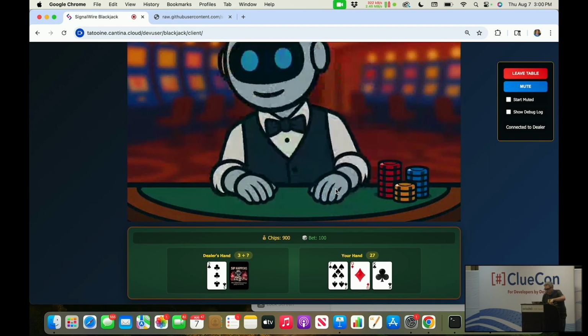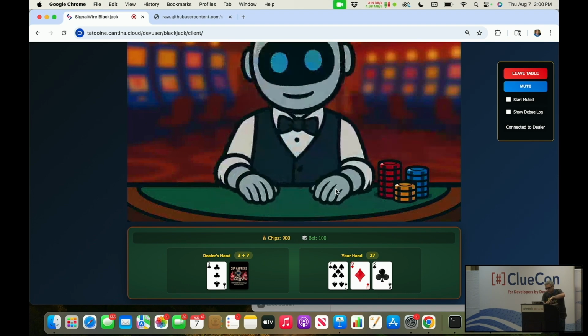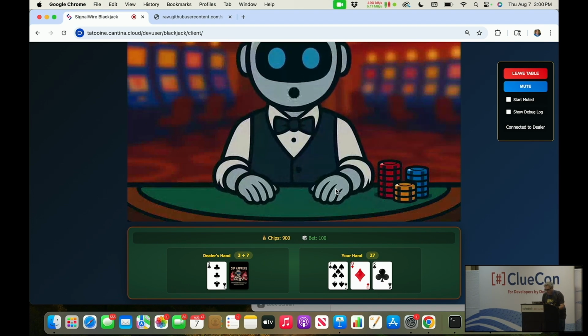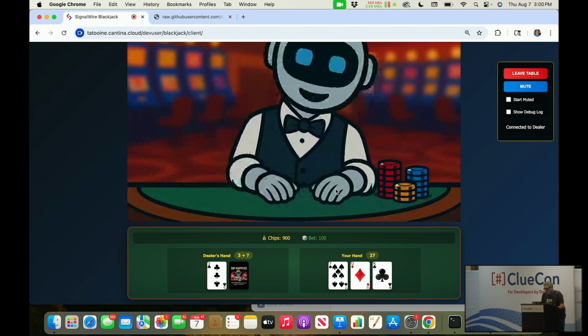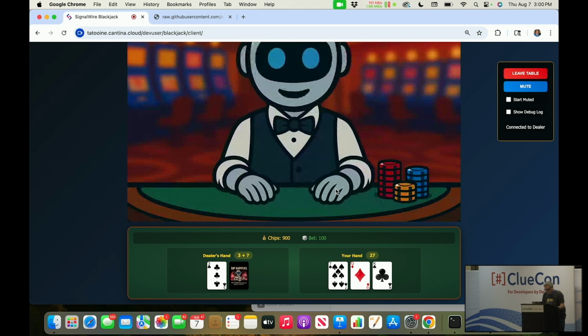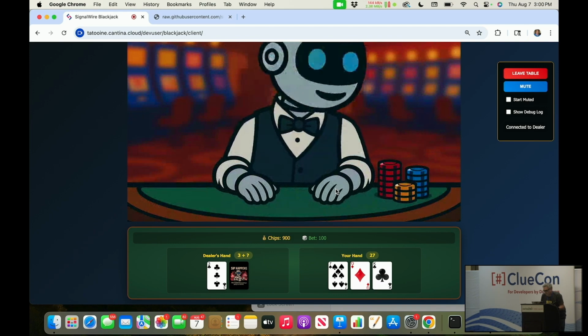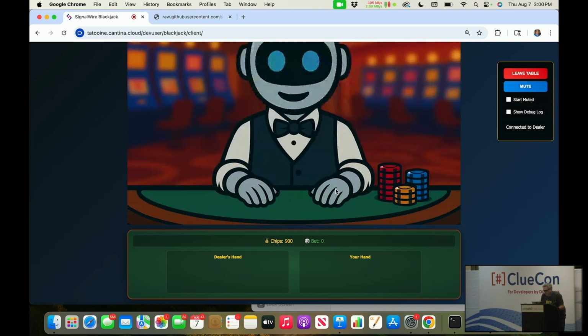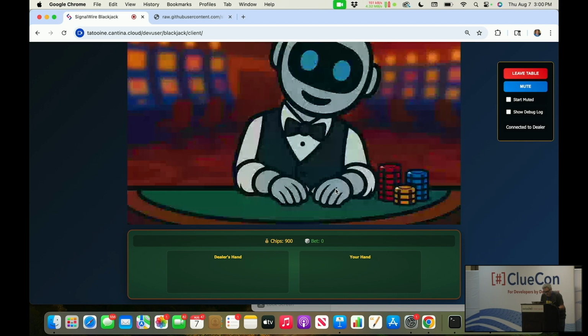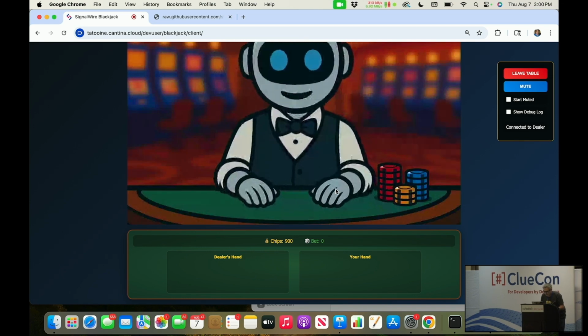In this hand, you had a total of 27 points after hitting, which means you bust. The dealer had a total of 10. You lost your bet of 100 chips, leaving you with a total of 900 chips. Would you like to play another hand? Yes. Great. How much would you like to bet for this new hand? The minimum is 10, I'd like to bet 900 chips, please.